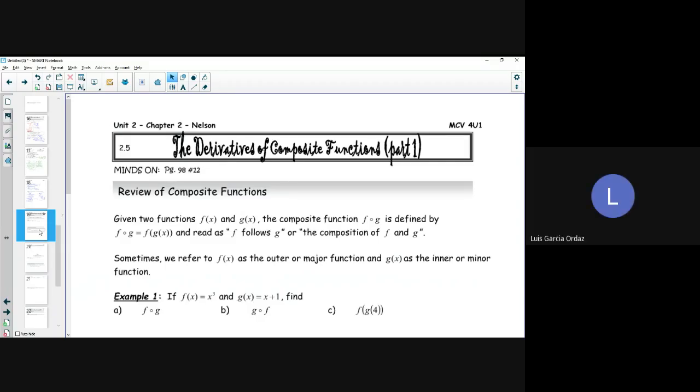So the derivative of a composite function. So this is the first part. We're going to do a bit of review on composite functions. Given two functions, f of x and g of x, the composite function f of g is defined by